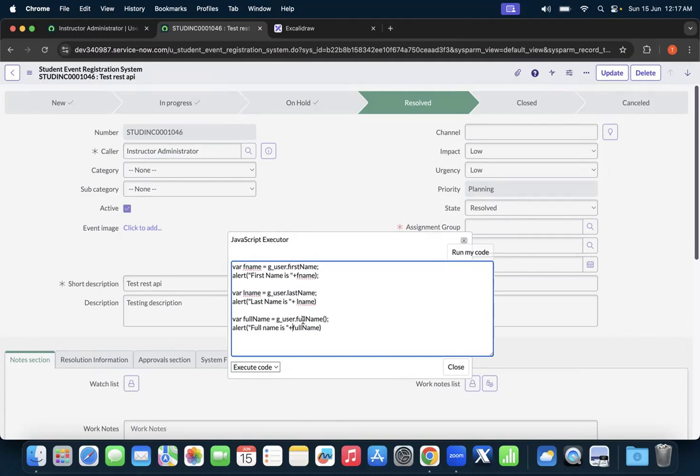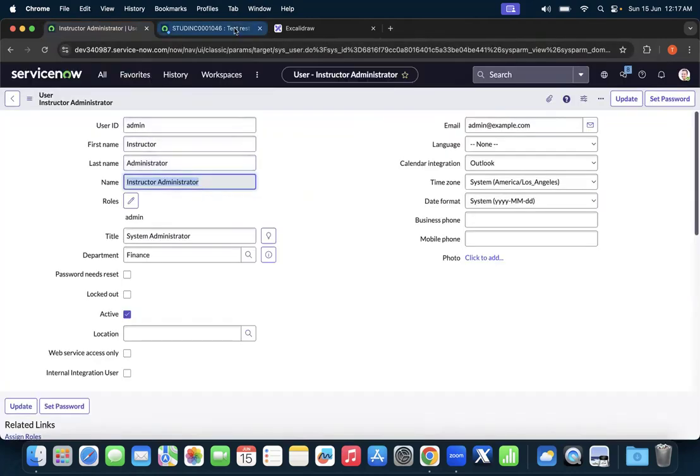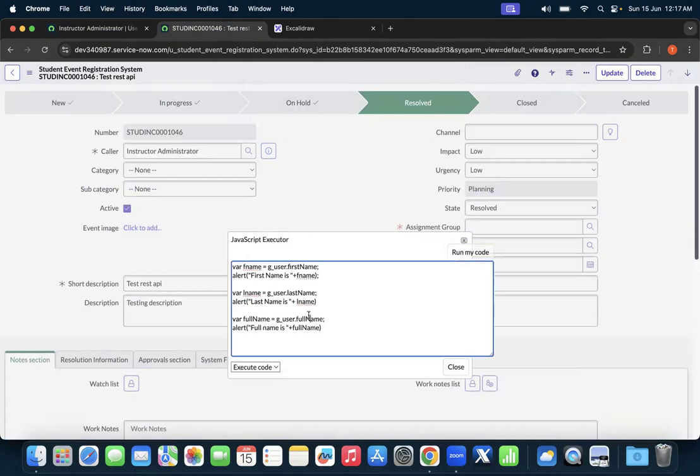So let's try to see. It should be a method, I guess, or it should be a variable. Let's see. Full name is instructor, last name is okay. See, now the full name is instructor administrator, which I have over here. So this is nothing but a property to get the full name of the entire user. Now these are just the basic properties over here. So now let's try to get the user ID